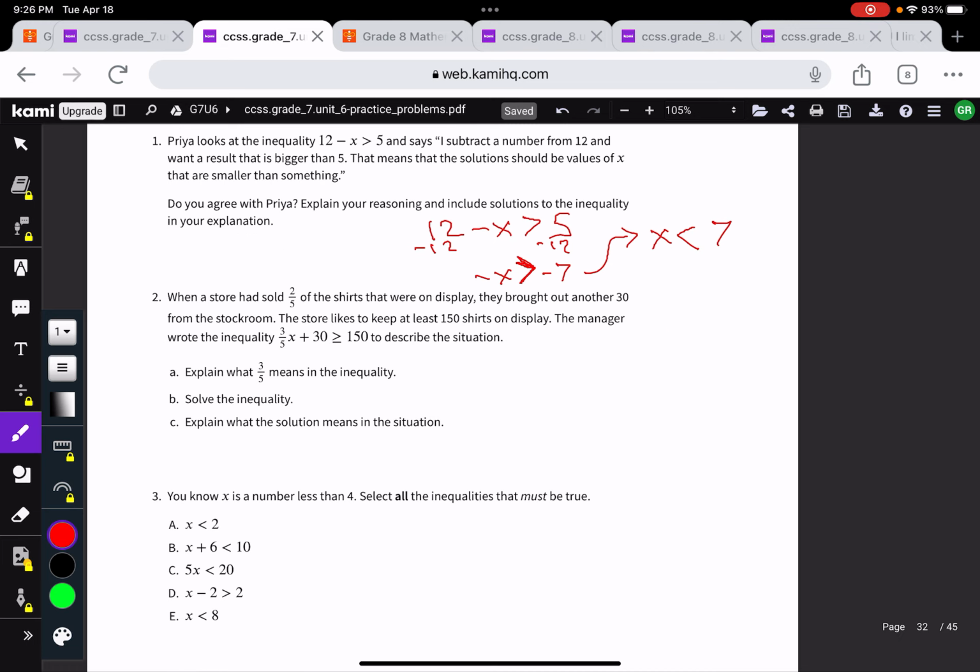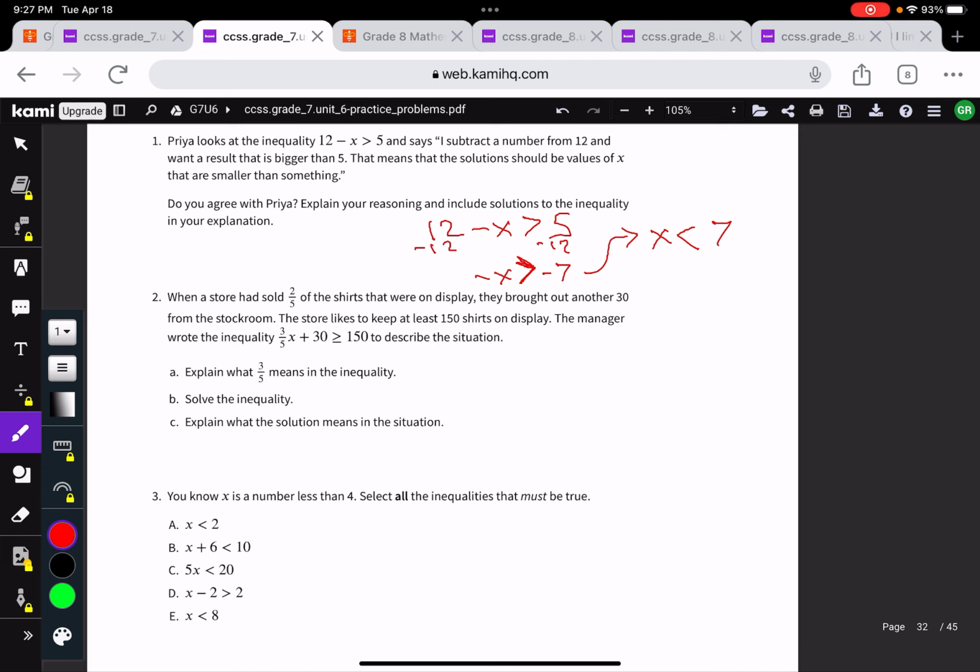Number 2, when a store had sold 2/5 of the shirts that were on display, they brought out another 30 from the stockroom. The store likes to keep at least 150 shirts on display. The manager wrote the inequality 3/5 x plus 30 is greater than 150 to describe the situation. When a store had sold 2/5 of the shirts, that means 3/5 of them were left, right? 3/5 of whatever was there